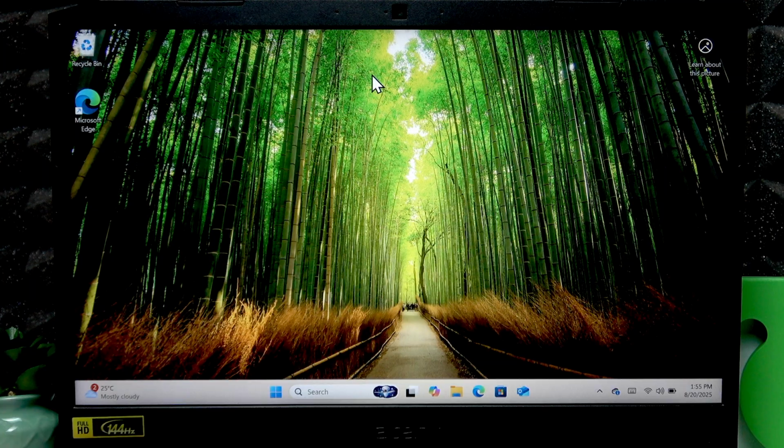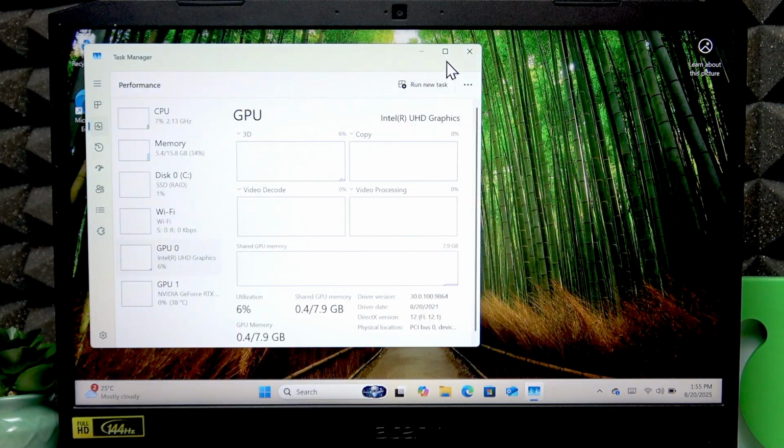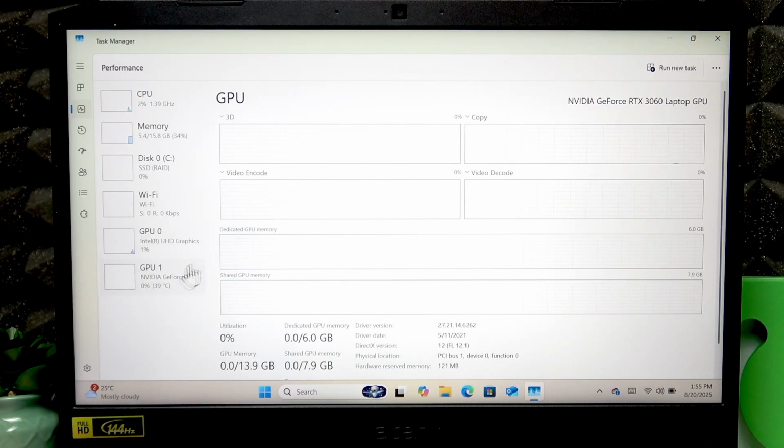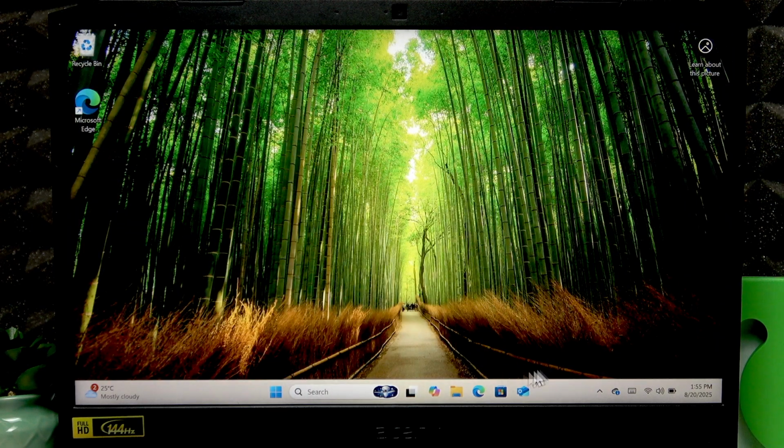If you want to check the GPU temperature, you just have to right click the taskbar and go to Task Manager. Then open the Performances tab, go to the GPU 1 section, and at the very bottom you'll find the current temperature of your GPU. If you want to check the temperature of your CPU, however, you'll have to install a